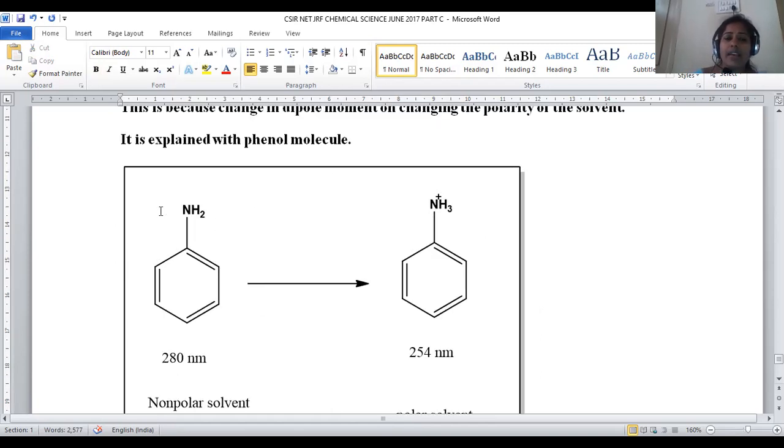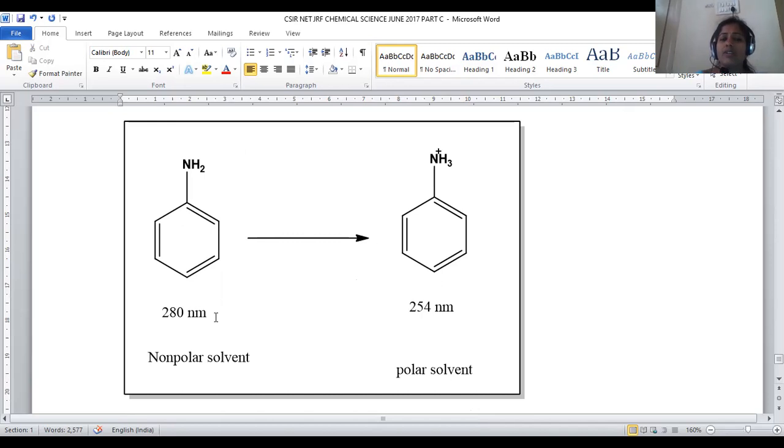Okay, so when we are taking this aromatic molecule, initially this NH2 group is there. This nitrogen is always associated with a lone pair of electrons, meaning non-bonding electrons will be there. These non-bonding electrons are more prone to excite. They have more tendency to excite because non-bonding electrons are easily delocalized. So n to pi star transition is possible in this case. When n to pi star is carried out, that requires a very small amount of energy.